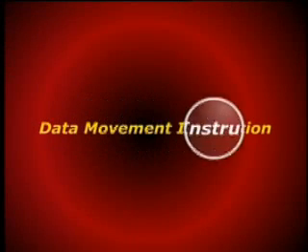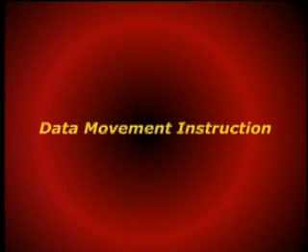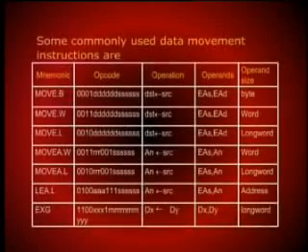This slide shows some commonly used data movement instructions. The first column indicates the mnemonic, the second column the opcode, and third one the operation, and then fourth one the operands, and last column indicates the size of the operand. We'll just take a couple of these instructions and see how to interpret. The first one is